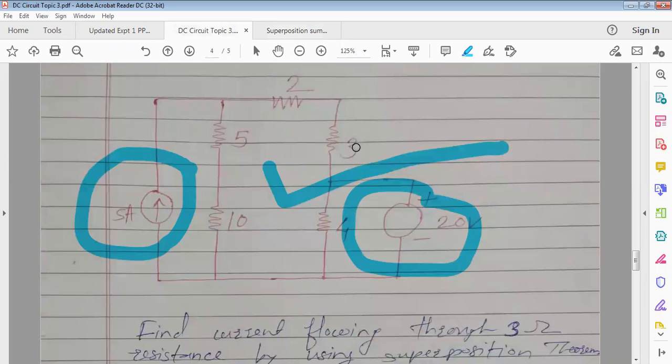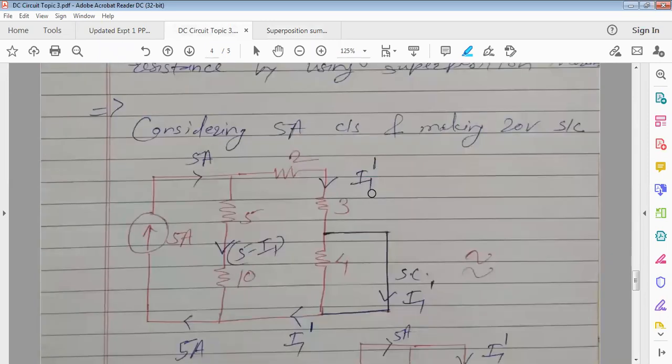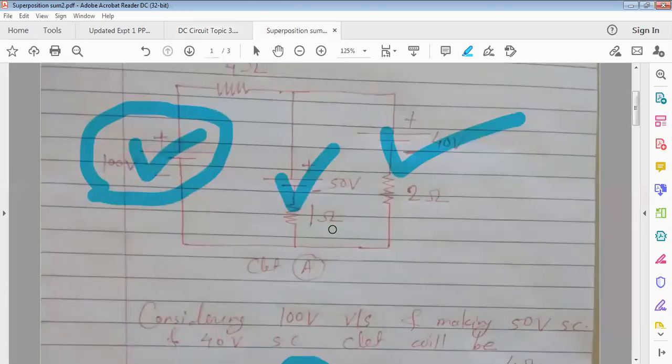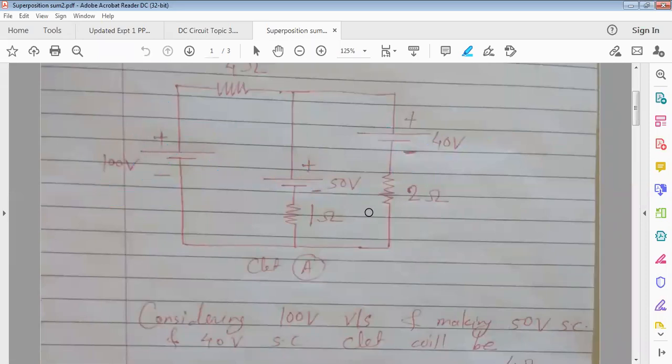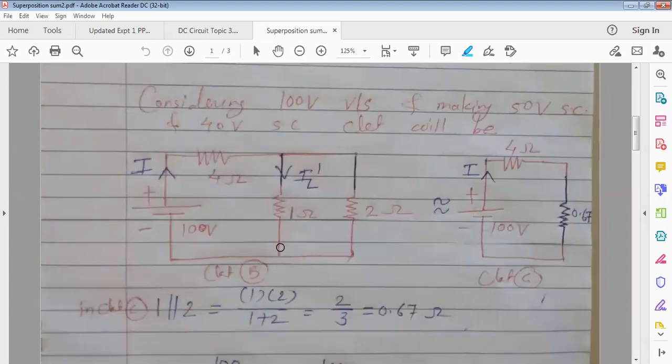In the earlier one I considered I1 dash and I1 double dash. All of you please mark here IL dash and IL double dash. You can mark I1 dash also, I1 double dash also, no issue. Then also you will get full marks, no problem. But still in every book you will find IL dash with the first source, IL double dash with the second source, IL triple dash with the third source. So do that. Now IL dash I have denoted here.